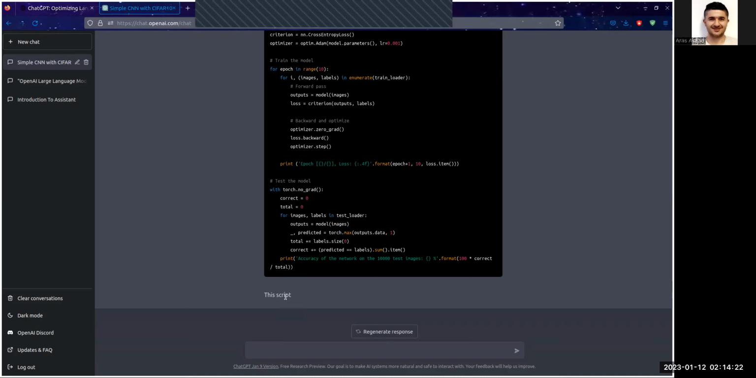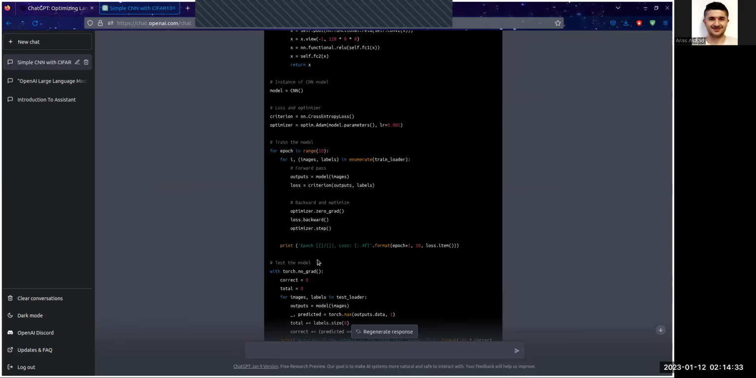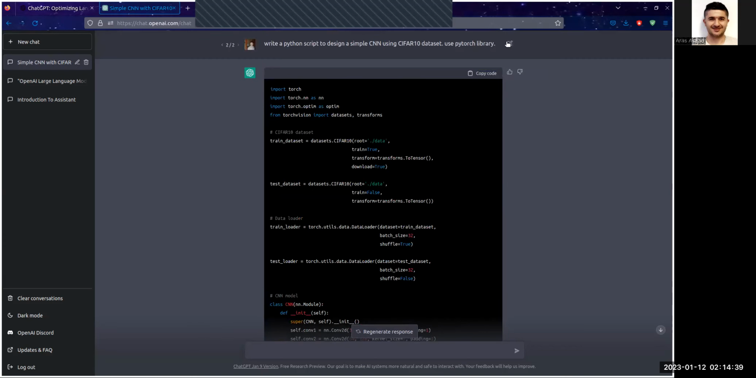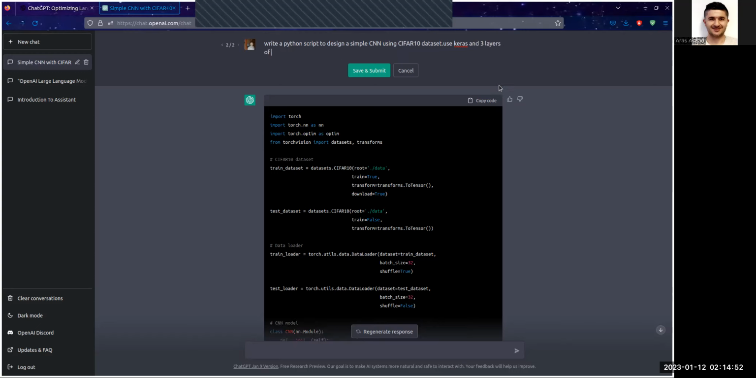But again, this time it stops here. It didn't complete the explanation of what we wanted. But I think in terms of the code, this is self-explanatory, and it adds the comments. Now this time we will make more specifications: use Keras and 3 layers of convolutions,